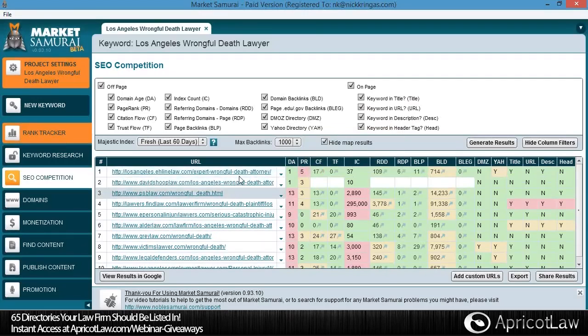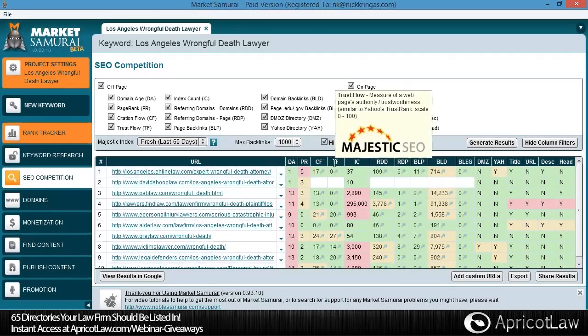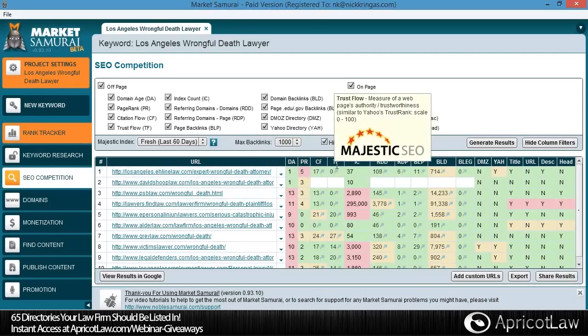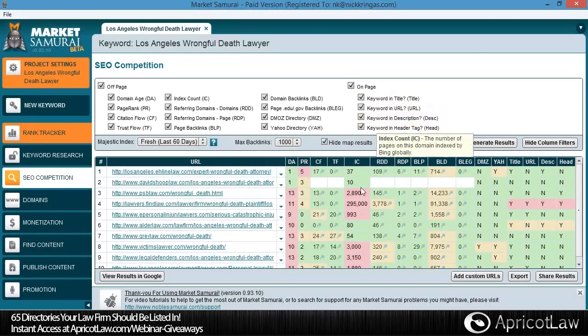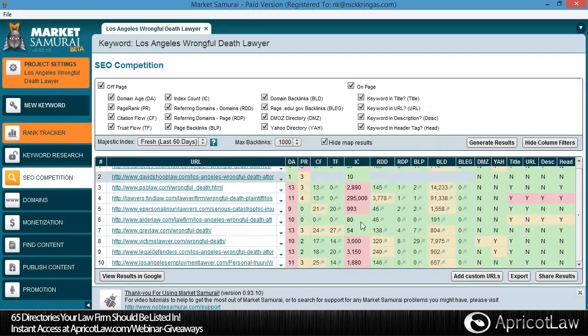So let's just go through these here. The page rank of each page here that's listed. The top one is 5, 3, 3, 4. So this is pretty solid. CF and TF are citation flow and trust flow. These are just Majestic SEO figures that show you how trustworthy and how many links are going to the site from trustworthy sources. Index count is how many pages are on the site. As you can see, the directory has 295,000. This site here has 3,000 pages along with these sites down here. So some pretty big authoritative sites in the space,